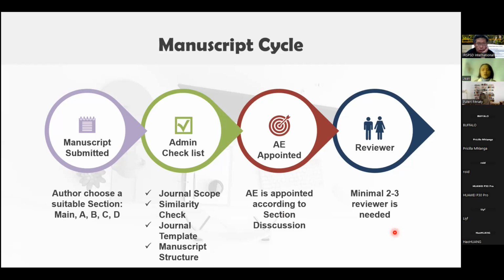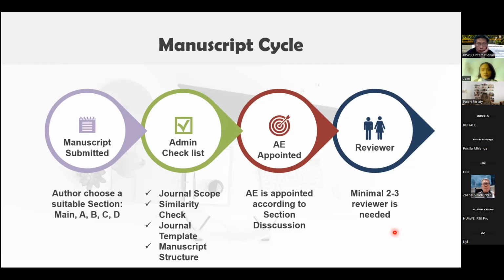After that, once we have received the required number of reviewers' reports, the associate editor will decide whether your paper will be accepted for publication, should be revised, or will be directly rejected.